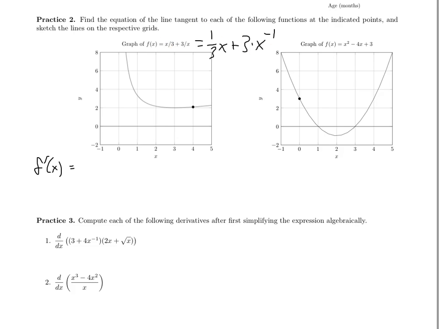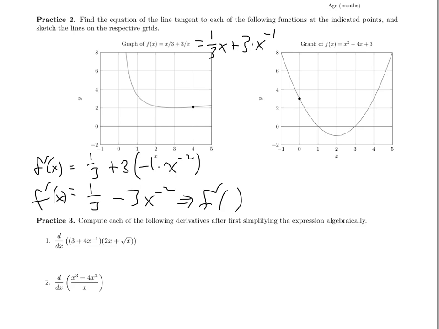So this is just an algebraic rewrite, but you can see that this now makes our function written as a number times the power of x plus a number times the power of x, and that's what we need for the power rule. So in that case, the derivative is 1/3. The derivative of 1/3 x is just 1/3, and the derivative of x to the minus 1 is minus 1 times x to the minus 2. So that is 1/3 plus, I guess I should say minus, I have a plus, a negative 1, so minus 3x to the minus 2. So this is my formula for the derivative,